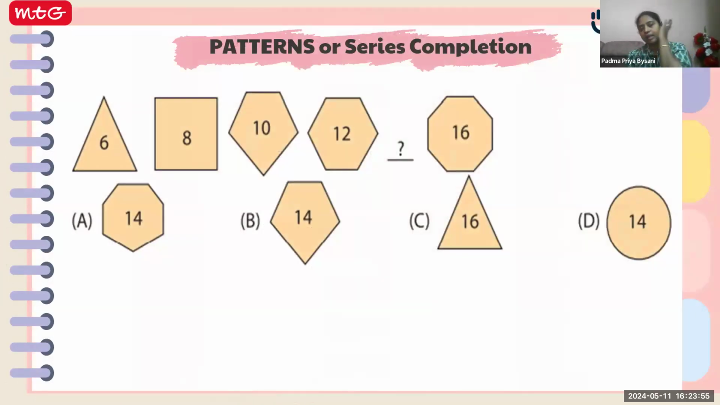So here you can see a pattern question. Certain numbers are given in certain shapes and one shape or one number is missing. You are supposed to find which number that is. So,